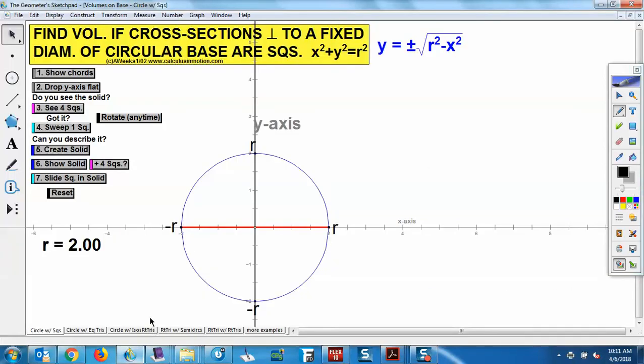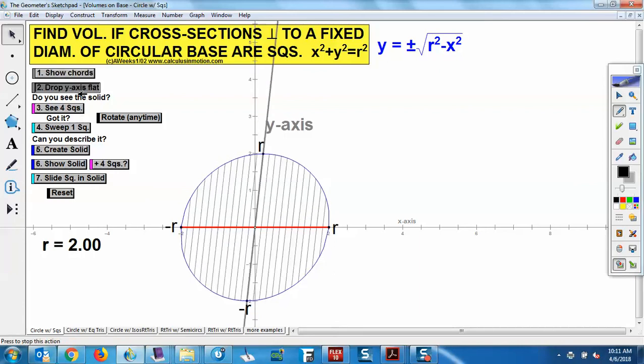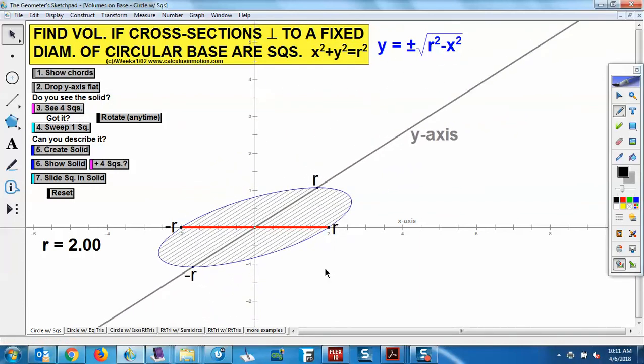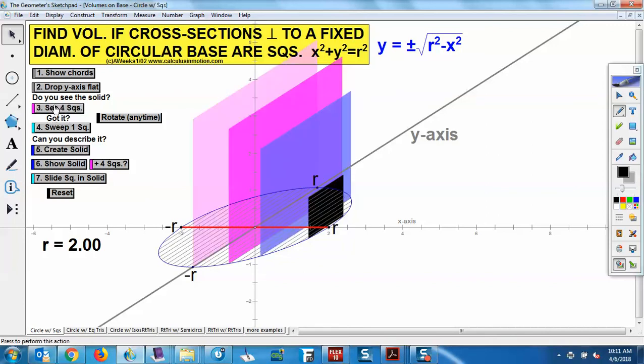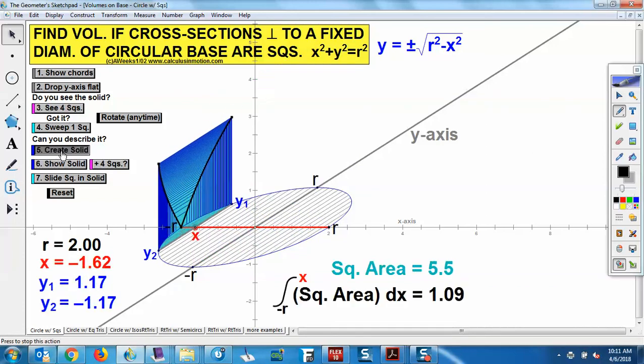Now, to try to give you a picture of this, I'll show you this problem here. So this is the base of our region. We kind of lay it flat so you can see it, and we're going to have slices in there. You can see in the fat part of the circle, you've got bigger squares. And down here in the narrow part of the circle, you've got smaller squares. Okay? And so the solid would be